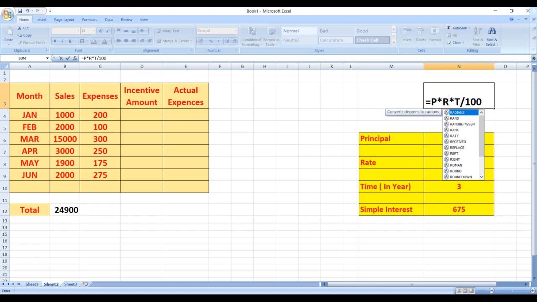Now, if I want to copy the formula from the above cell address, then what do we have to do? We have to press Control plus apostrophe. Control plus apostrophe.